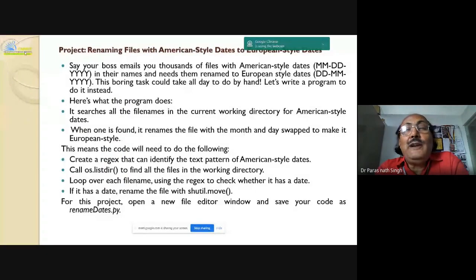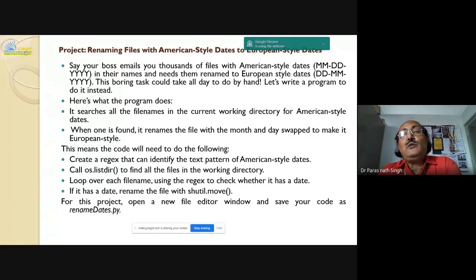So this boring task could take all day to do by hand, because what the boss has told, sometimes you will be surprised that if you are a computer engineer, by default the dates in the properties of the file are all coming in MMDDYYYY. So the boss needs them renamed to European style dates in DDMMYYYY format.